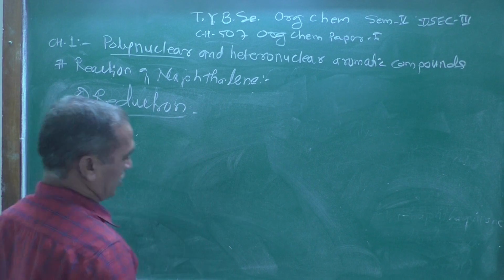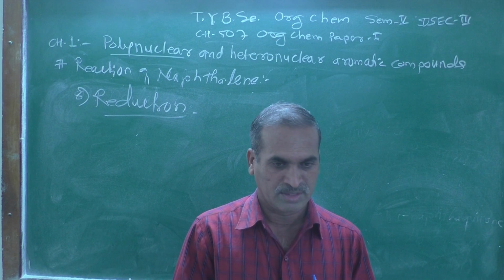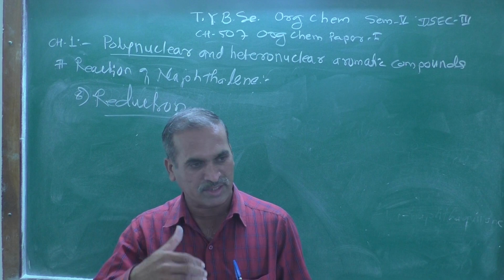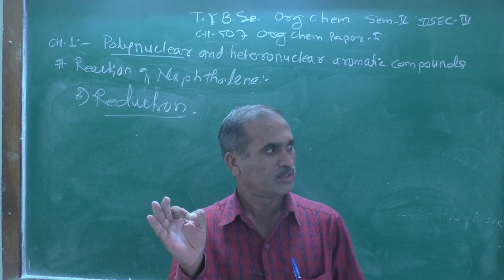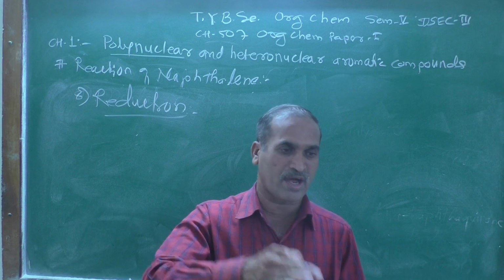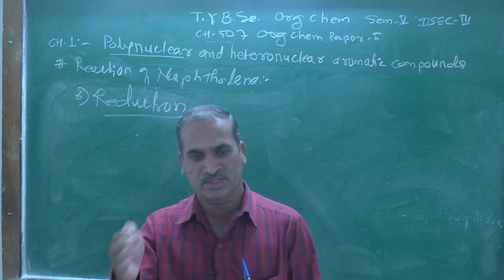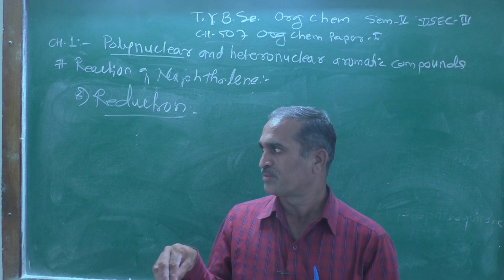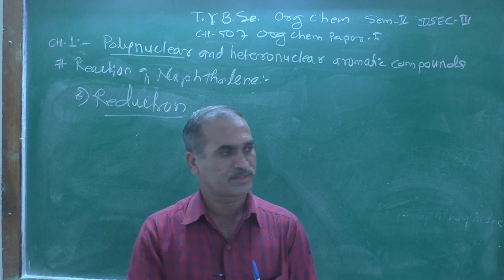As I already told you at the beginning of this lecture, in terms of organic chemistry, how do we define reduction? Reduction means addition of hydrogen atom in the substrate, or you can call it the reactant, and the resulting compound